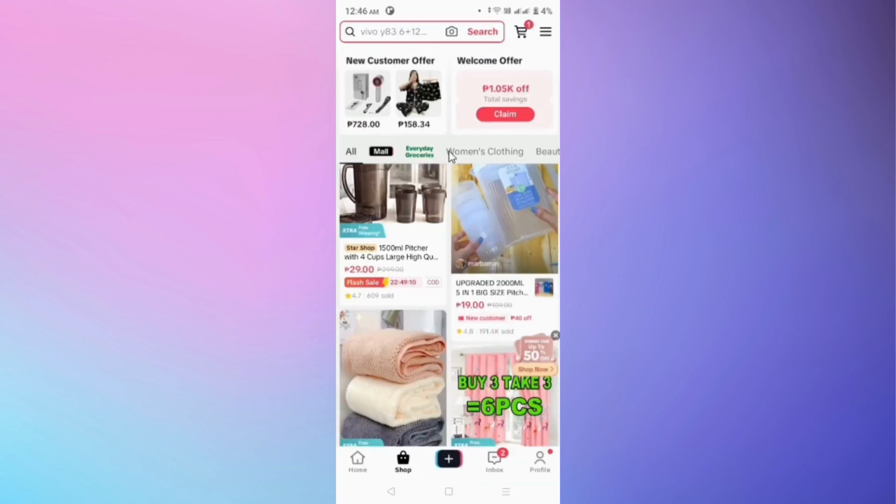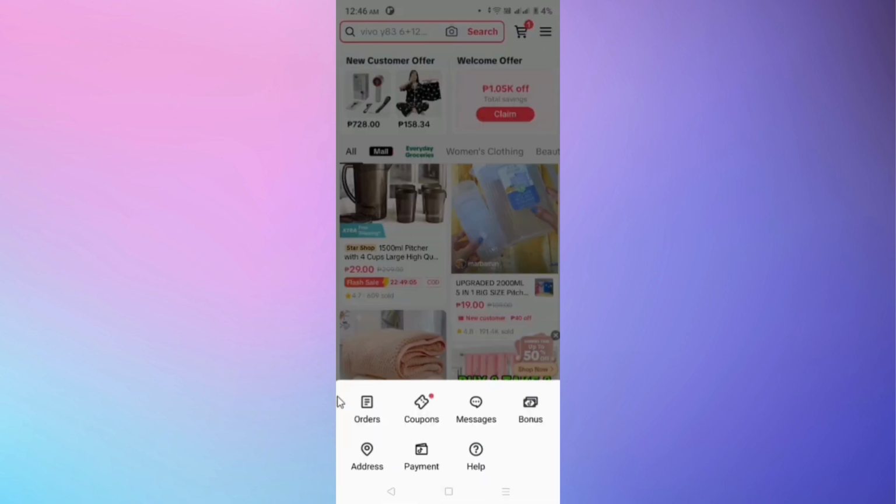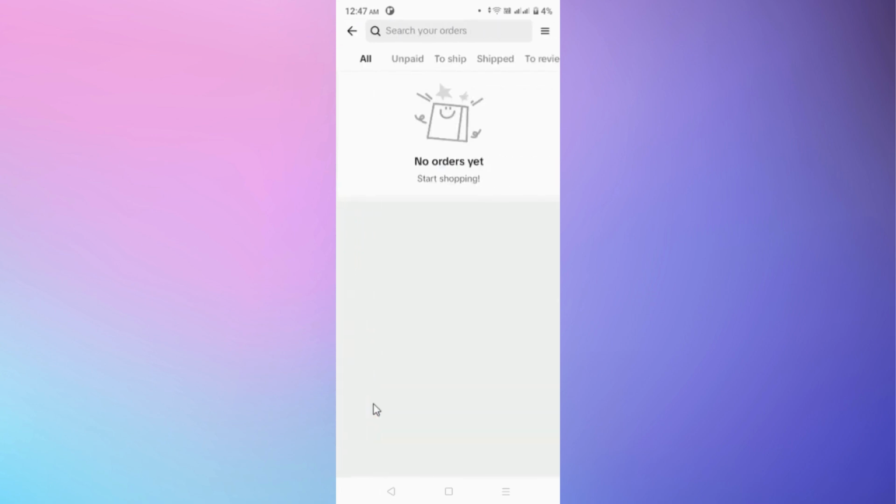Then at the top right corner, you can see the three bars here where you can locate the orders, coupons, messages, bonus, address, payment, and help. In the order, you can see all your order items here, such as unpaid, to ship, to review, or refunded items.